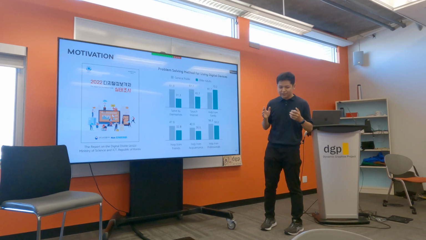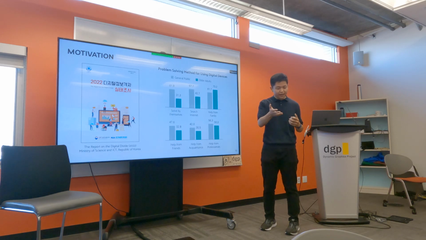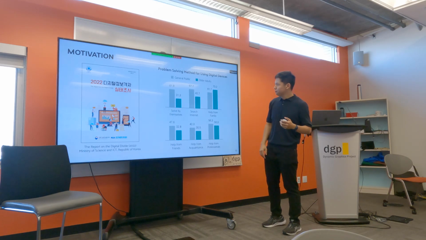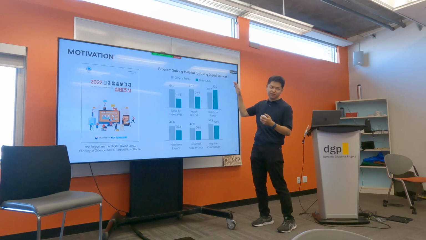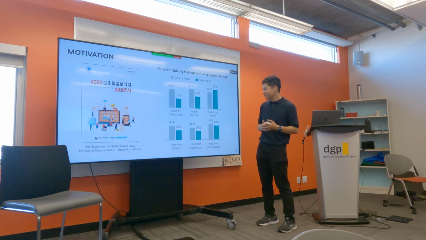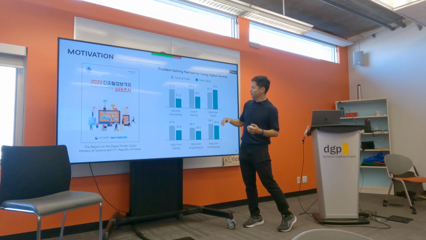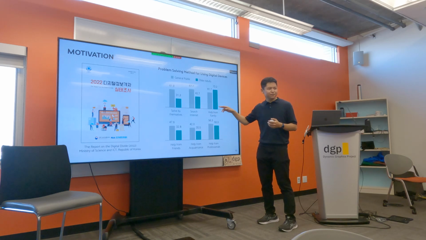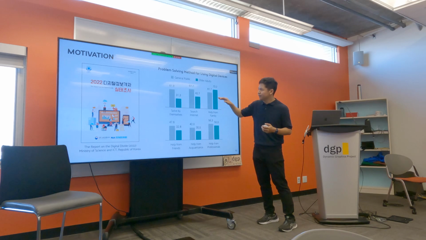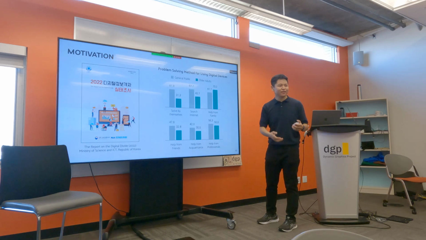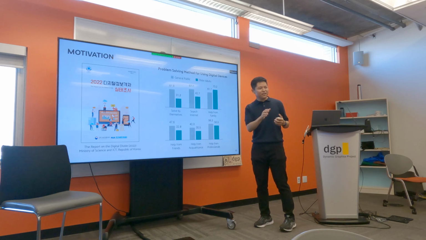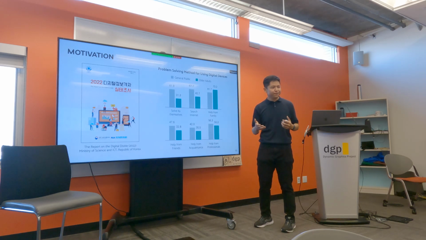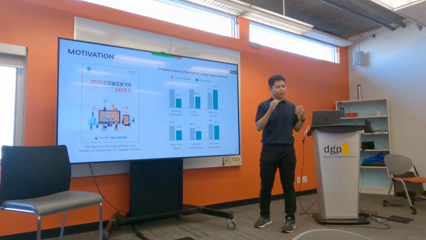I also just found another new research from the report, which is about the problem-solving method for using digital devices. As you can see, they are much lower than the general public, but only help from family is very high, higher than the general public. Why? Because they are familiar with the family, and adaptability is very important in these groups. So family members let the older adults access mobile devices more easily or in a more familiar way,